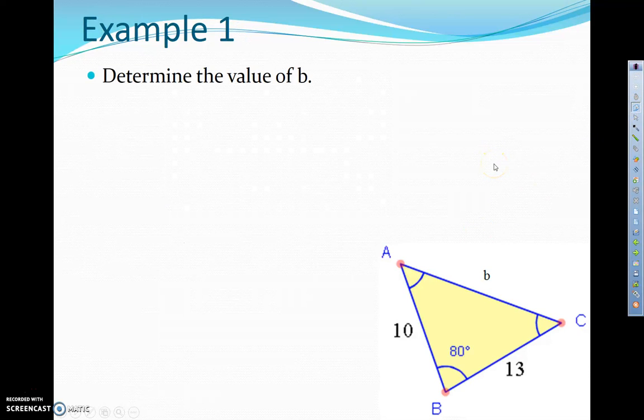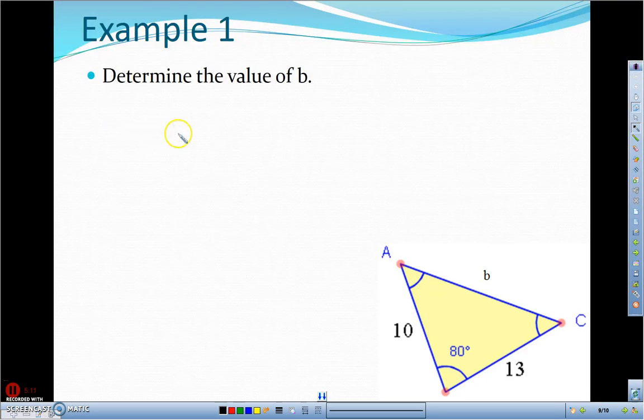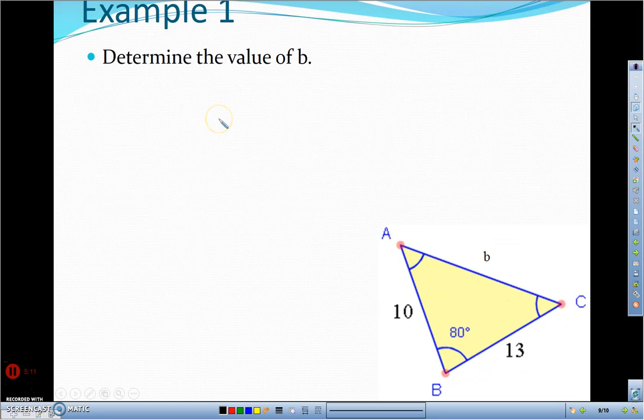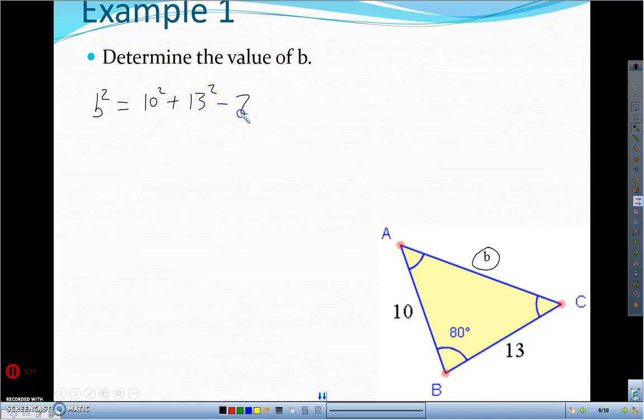So here's our first question. Determine the value of b given this triangle. Here we've got side, angle, side. We know that we're going to be using cosine law for this, and we're going to start with the side length that we're looking for. B squared is equal to the other two sides that we have, that make the sandwich, 10 squared plus 13 squared minus 2 times these numbers repeated, 10 and 13, times cosine of the angle that's across from this value, which is 80